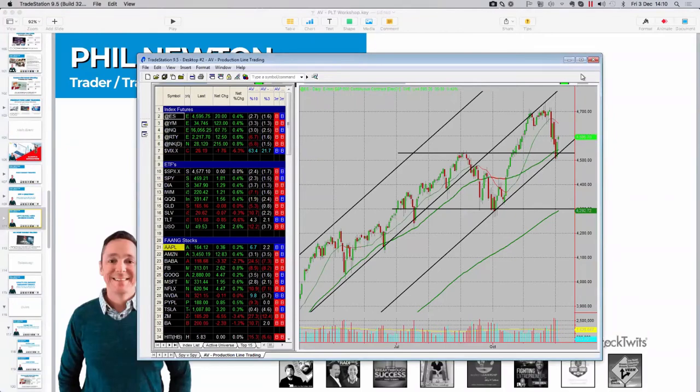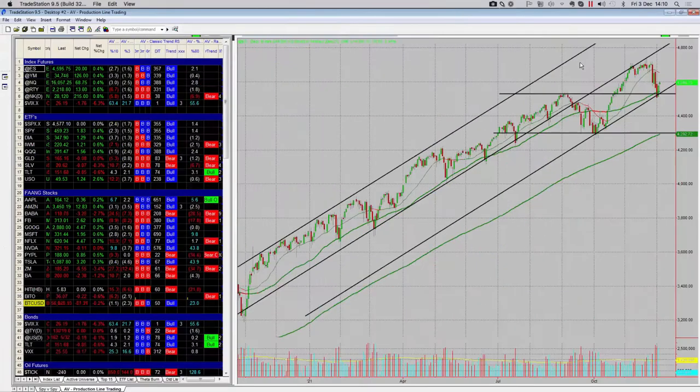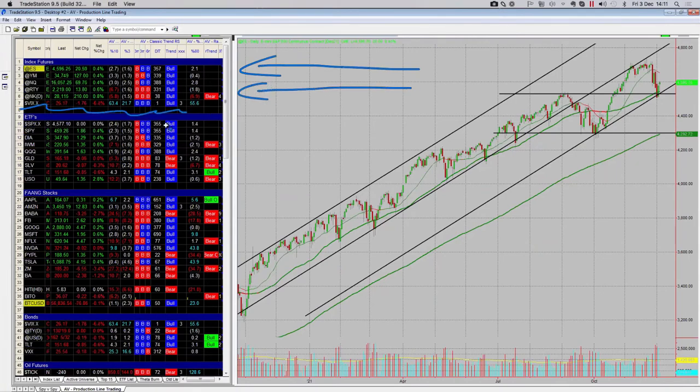So as always, the first place I'm going to start when I'm looking at anything is over here on the left. I usually do this on my mobile. I've actually got the TradeStation app. Whatever charting platform you prefer to use, just have a list of the markets. It could be the index. I've got the futures there. The second section is the same list of instruments, but via the ETF. And then the next section is a list of the big capitalization stocks, a little bit more than the FANG stocks. All I'm trying to do is get a snapshot of the market.